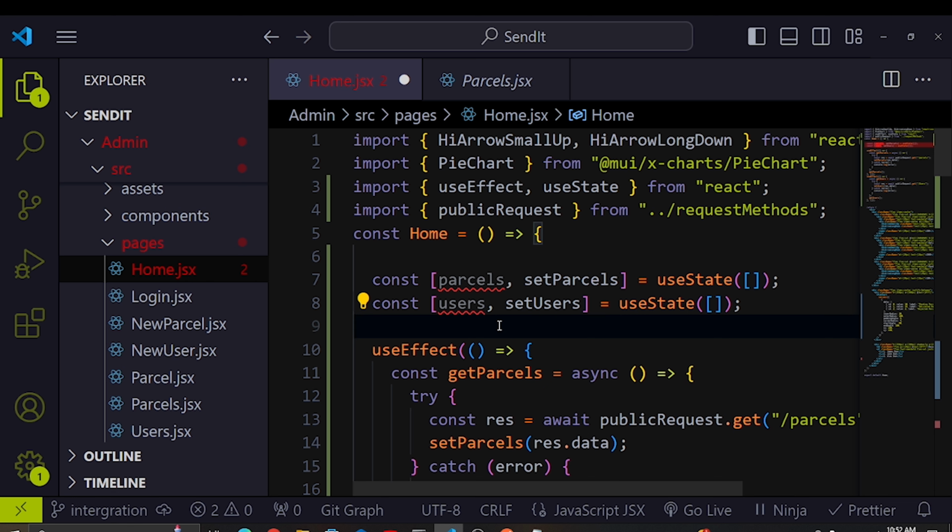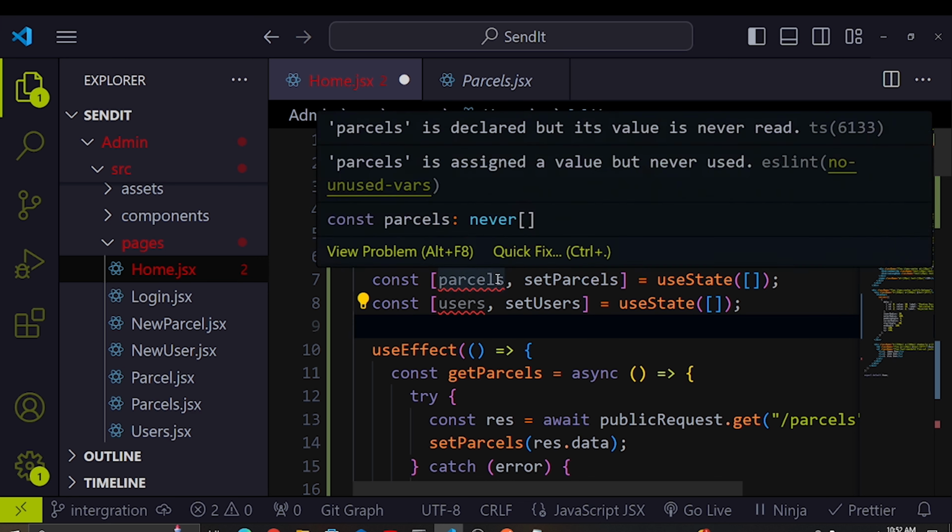Remember, a parcel that has a status of 1 means it's pending, but a parcel that has a status of 3 means it has been delivered. So we are going to do filtering, and remember you can do the filtering on your backend, and also on the front end. In our case, we are going to do our filtering on our front end,